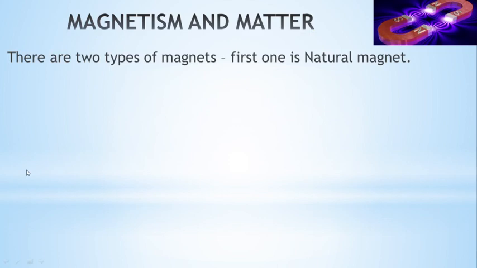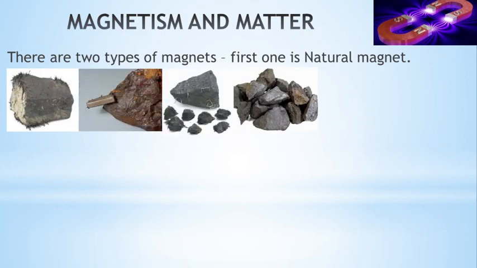Okay, now come to the types of magnet. Mainly, there are two types of magnet. The first type is known as natural magnet. Natural magnet means this is the magnet found naturally in some places, and this material is found near the place Magnesia, and this material is also known as leading stone or lodestone.